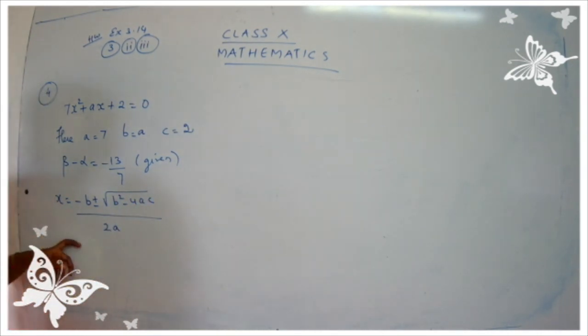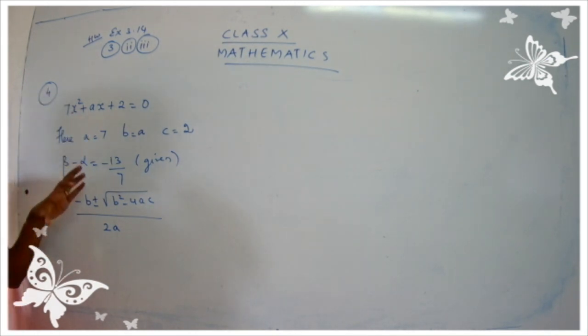So what was this, children? Yes, this was the quadratic formula. I have told you that this is one of the methods used to find out the value for x. Like we have used many methods. What were the methods we have used? We have used the quadratic formula method. Then we have used the completing the square method. And also we have used the factorization method to find out the value for x.